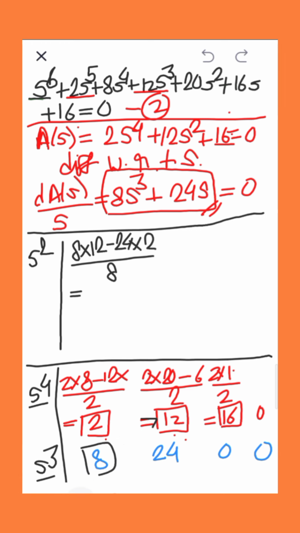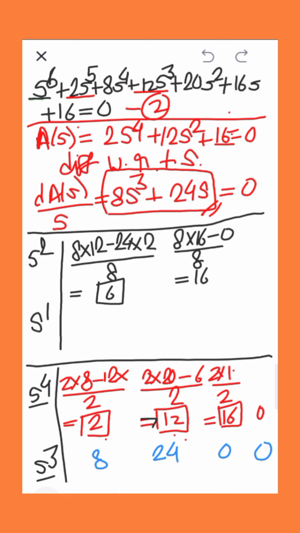Next, 8 into 16 minus 0 into 2, 0 upon 8, equal to 16. So the answer of this is 16. Next we go for the s to the power